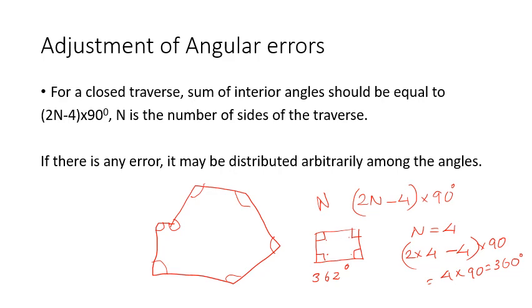So that error has to be equally distributed, or properly distributed, to all the included angles. So we have to subtract this particular error. Instead, suppose in the four-sided polygon your sum is becoming 358 degrees instead of 360 degrees. Then it is short of 2 degrees, right? So you have to make a positive correction in all the included angles so that your sum becomes 360 degrees. That is how the adjustment has to be done for angles.